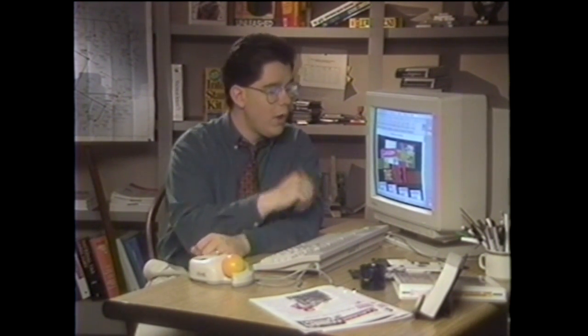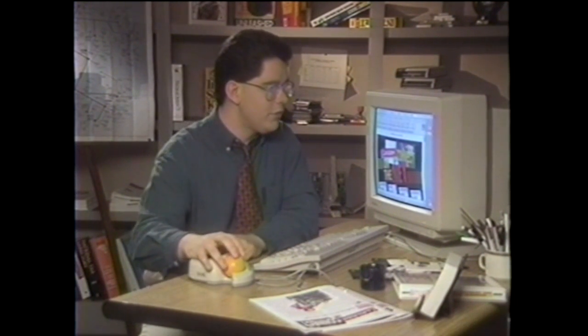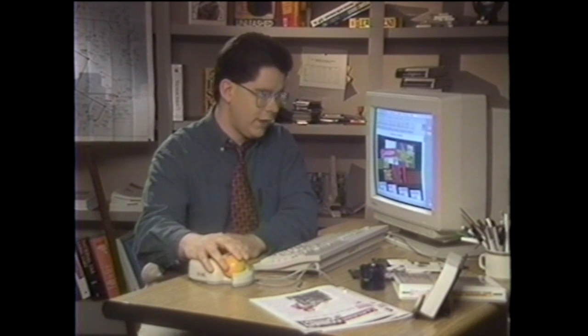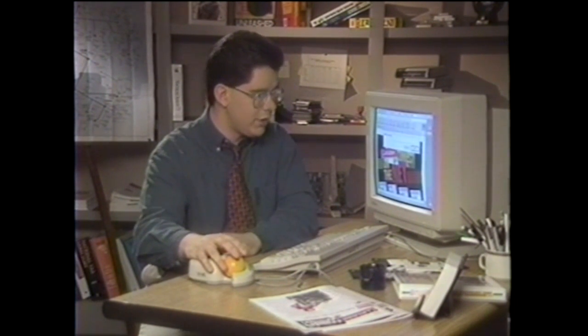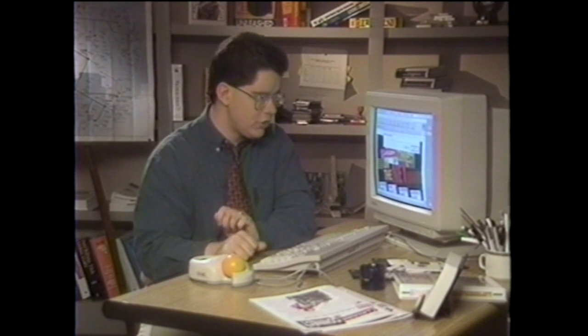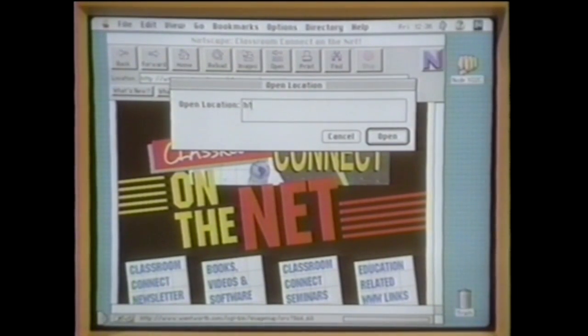Now, like anything on the internet, you first need to know the address of the place you want to go. If you don't know the address, there are search tools on the web, which I'll show you in just a minute. Now, my web browser program is called Netscape, and I'm running it on a Macintosh. There are a number of web browsers available for both Mac and Windows, and they all work pretty much the same, and they all look pretty much the same. So, to enter an address, if you know it, go up to the top of your screen and click on the Open button. Then a small window appears, and in it, you type the address of the place you want to go. In this case, it's